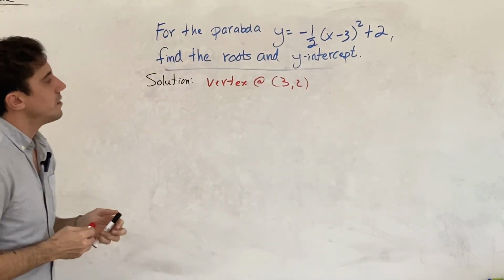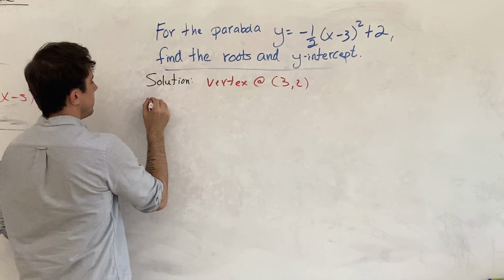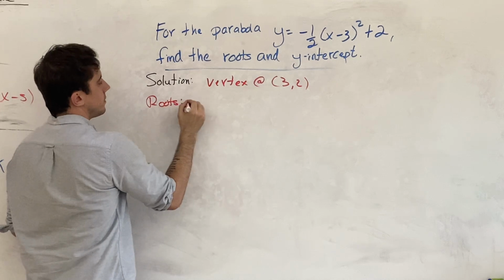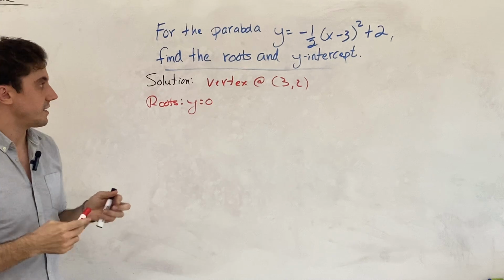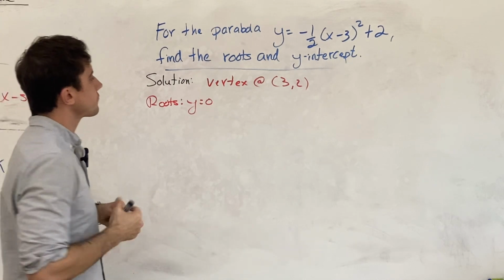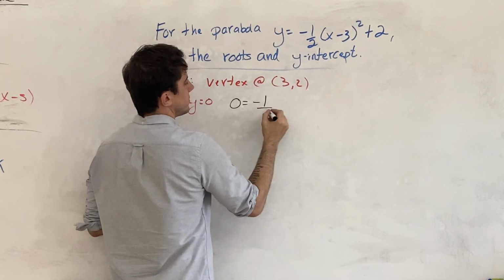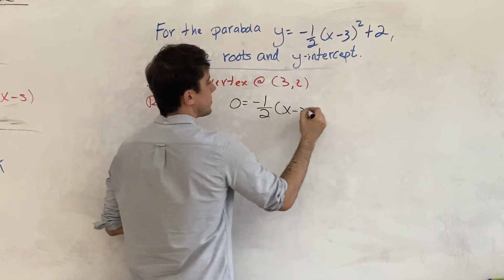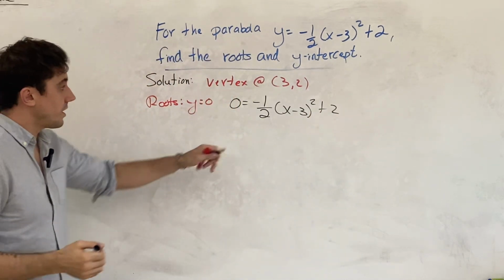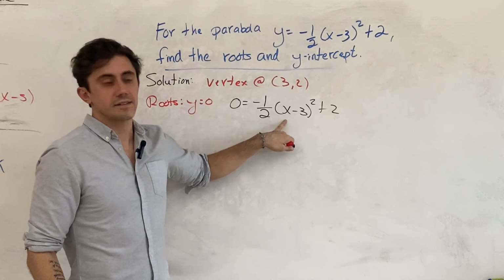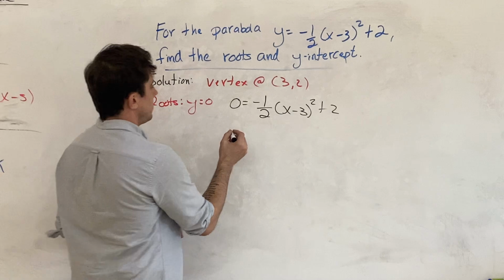So, to find two roots, we know what we have to first do. We have to set y equal to 0, right? That's a standard strategy to find any x-intercepts. So let's go ahead and do that. If y is equal to 0, then we have 0 equals negative 1/2 (x minus 3) squared plus 2. Now, we're solving for x. Our goal is to isolate this x that's bunched up in here, and so, to do that, we can